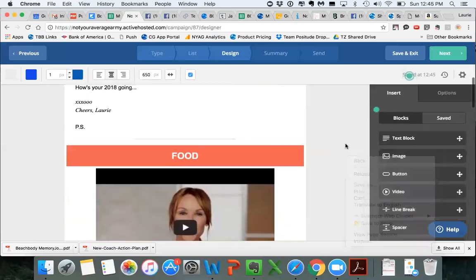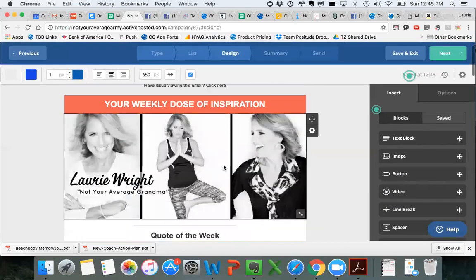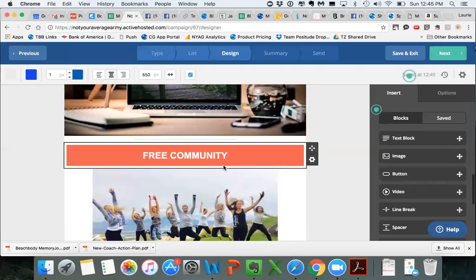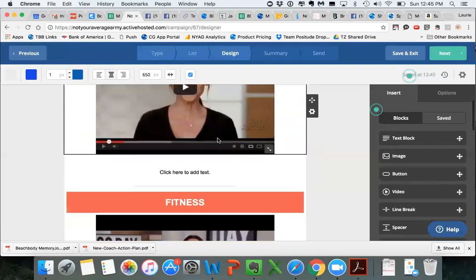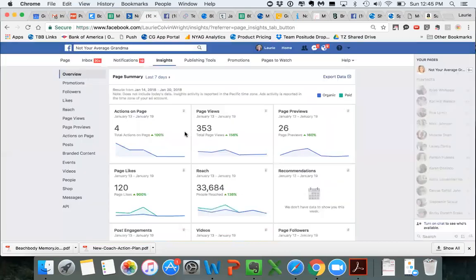Okay, so basically this is what I want: my newsletter, and then these sections below. This free community will stay there, but the food and the fitness and the mindset are going to change every week. So what I suggest doing is to find stuff, is to go into my Facebook page and go,